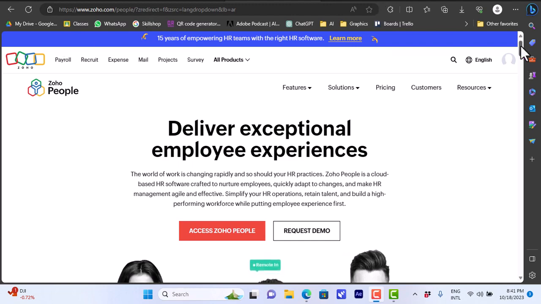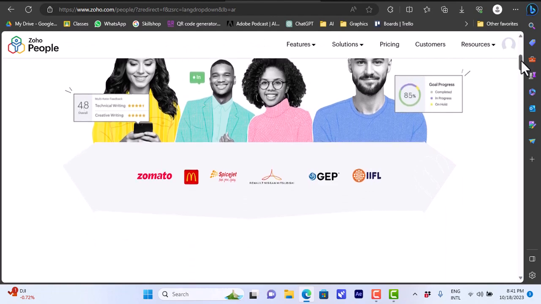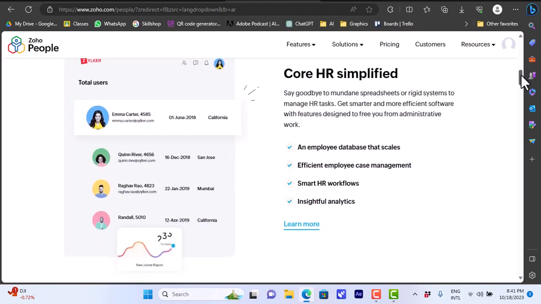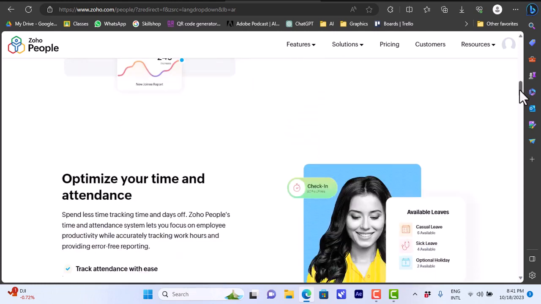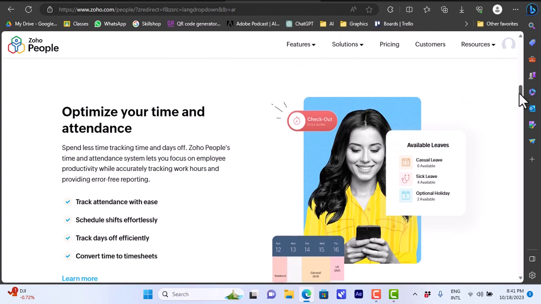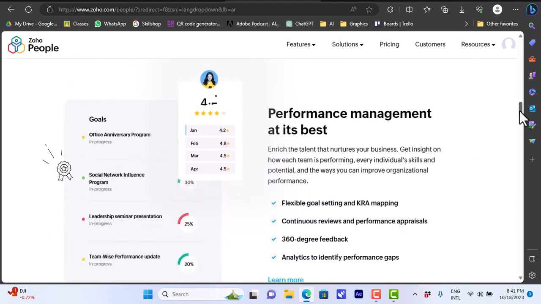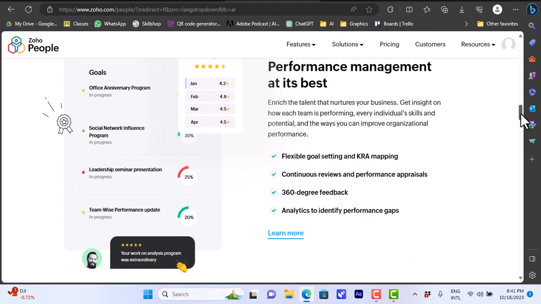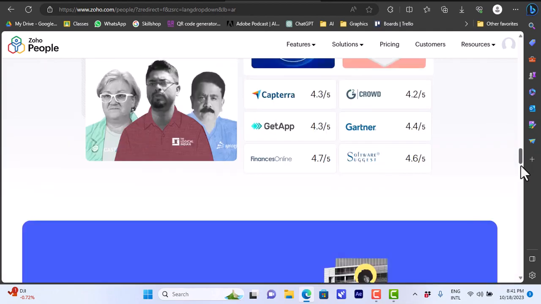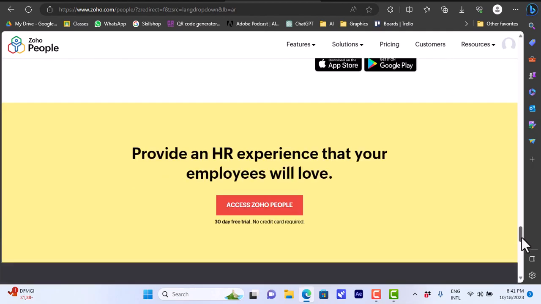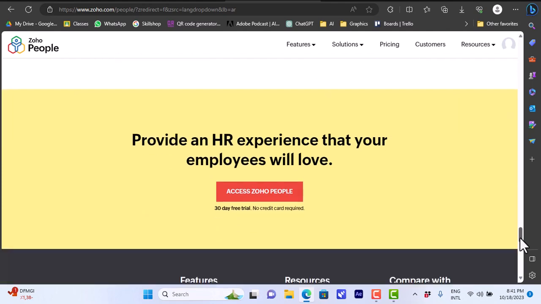In this page, you will get a quick overview of the features and the benefits of the platform, including an HR simulation if you are a human resources person in your company, optimizing times and attendance, setting timers for different tasks in your company, and assessing performance and so on. So here are some of the key features of the platform, and here you can access the Zoho People 30